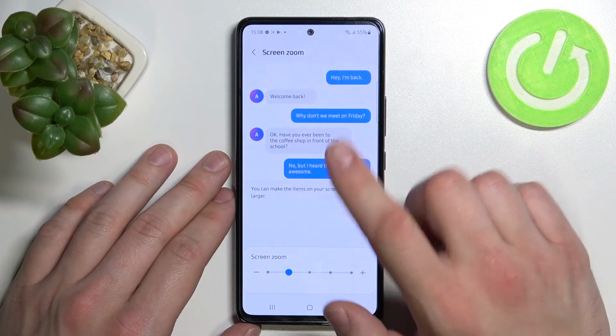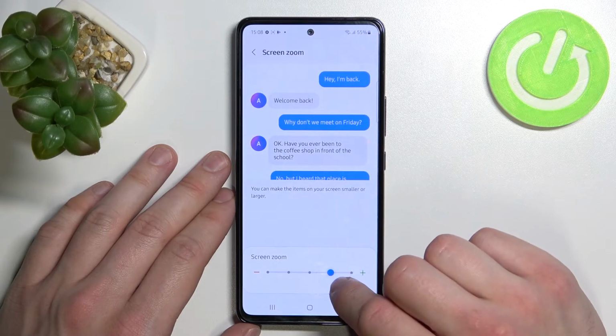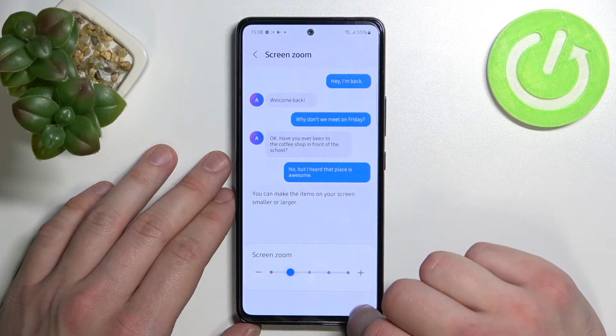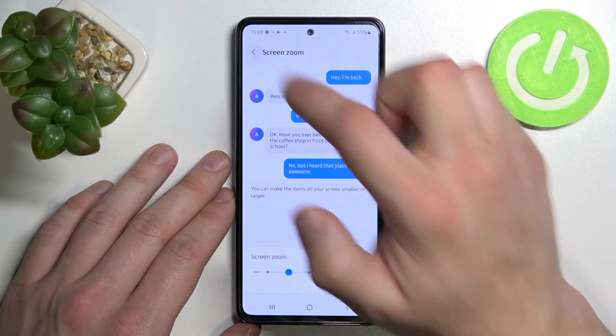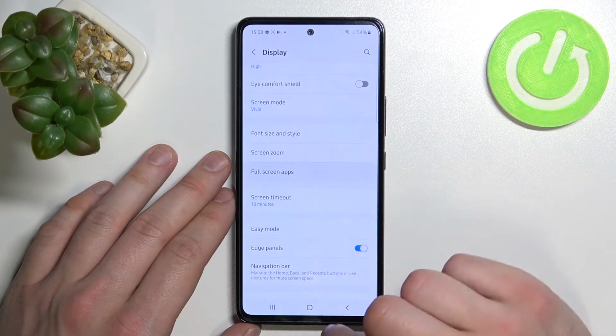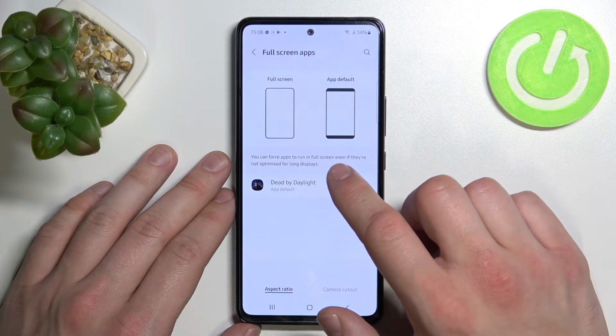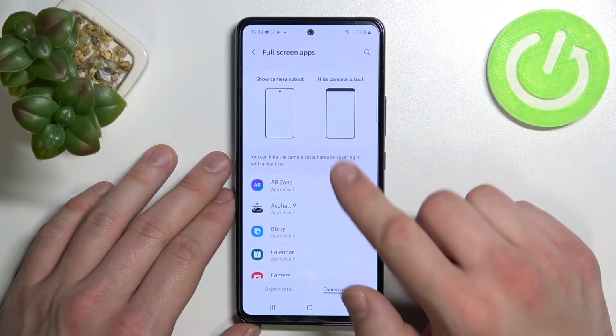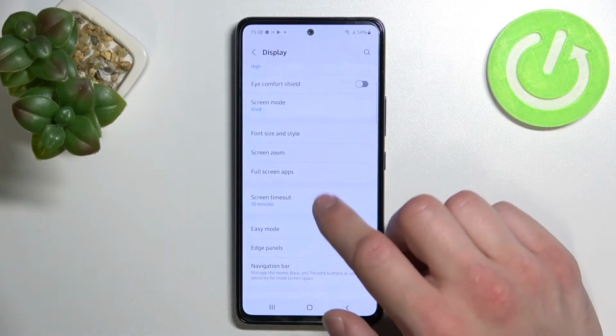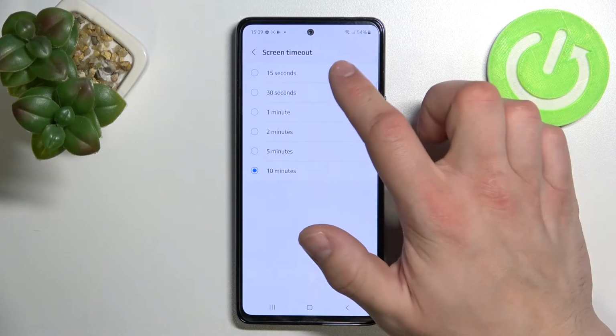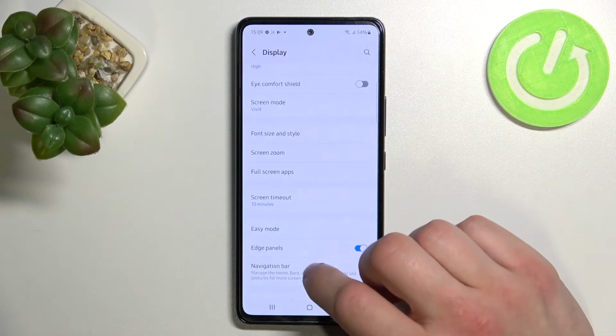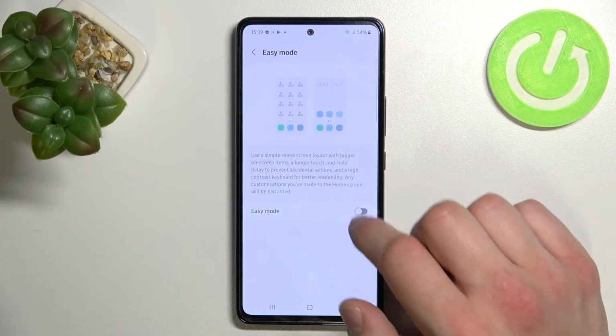Next, we can manage screen zoom, full screen apps, and camera cutout for apps. Then we can change screen timeout between 15 seconds and 10 minutes, enable or disable easy mode,